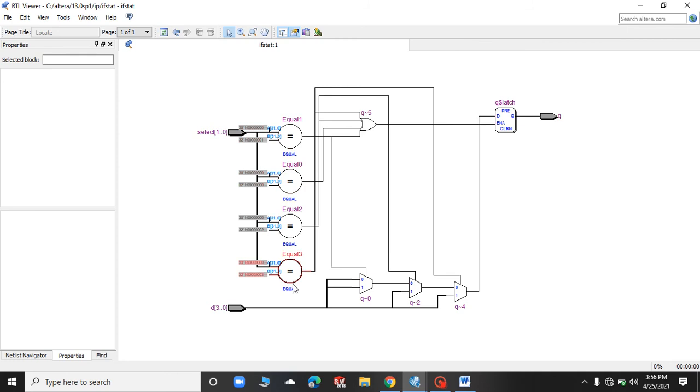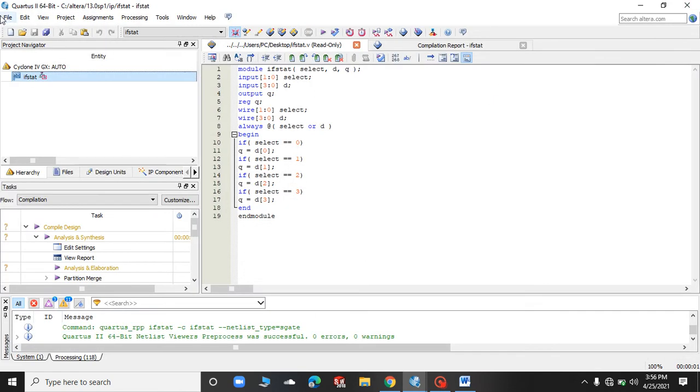These statements are written in the program so that it would be easy for us, and this RTL viewer shows that our code is correct. Then our inputs are given to the OR gate, and here these are the ICs, and in the end we are getting a Q latch. So this is the RTL viewer of the circuit and program.